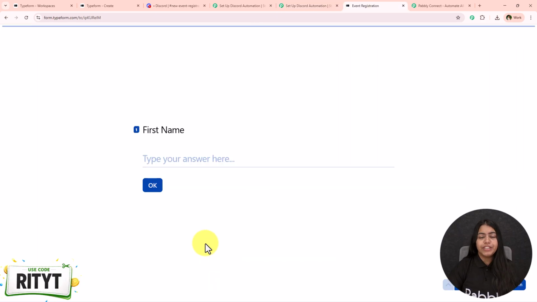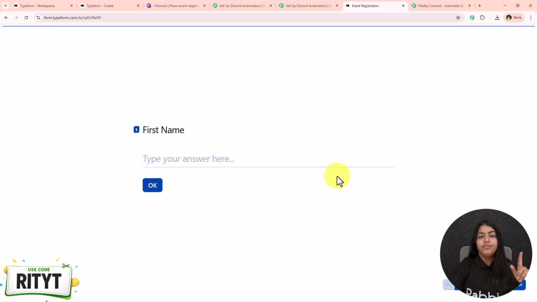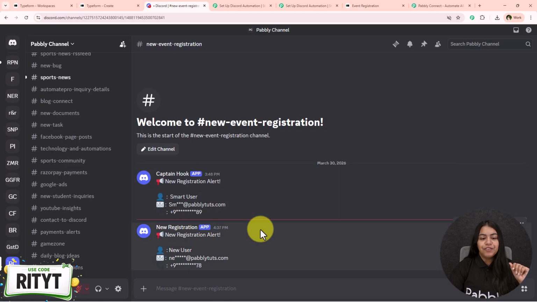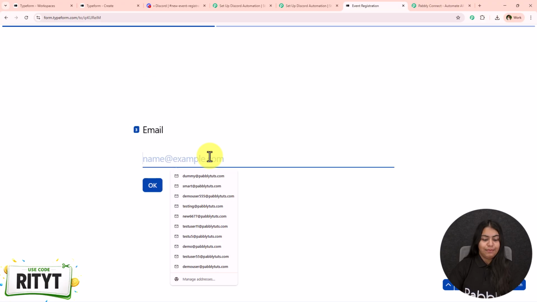Before we move on further and see how to create this amazing automation, let's see how this automation will work. So as you can see, I have a total of 2 messages on my Discord right now, but once I am going to fill in this form, we will have 3 messages. I'll just show you. So for the first name, I'm going to keep it as test, last name as user,